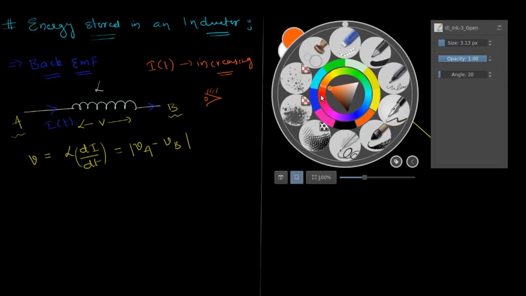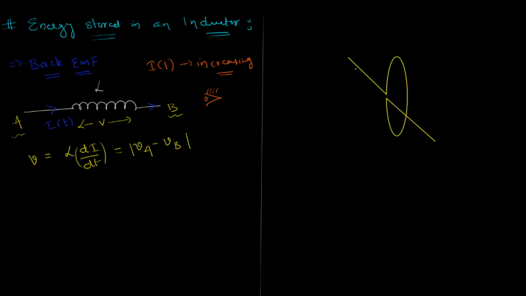Now please listen: before proceeding any further in this video, you will have to know Lenz's law in order to completely understand the concept of back EMF. The dark blue line I'm using is the original current in the coil. The current that you are establishing maybe by using some sort of variable potential connected outside somewhere like that. This current is increasing, like I've already said. Very soon Lenz's law is going to kick in.